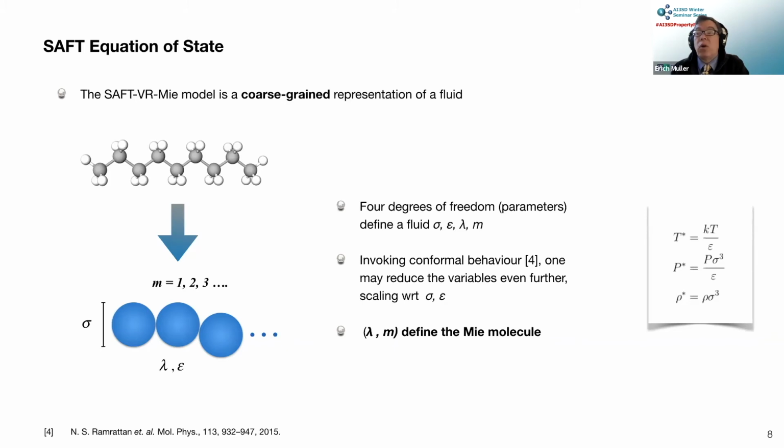One is the value of M, how many spheres we're talking about, and second, lambda, which describes the general strength of the potential. Think of it, if you want, for a Lennard-Jones fluid, M would be 1, lambda would be 12, and the fluid will be completely described. There would be only one fluid to look at and one family